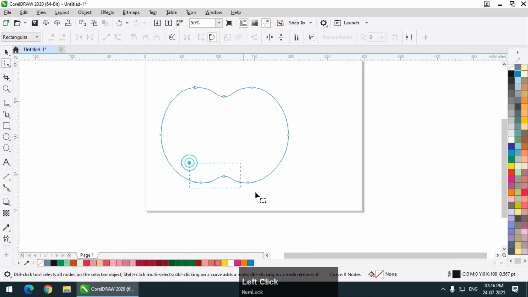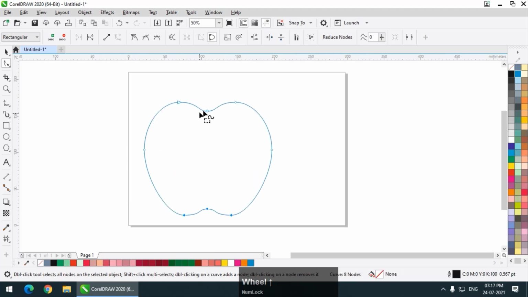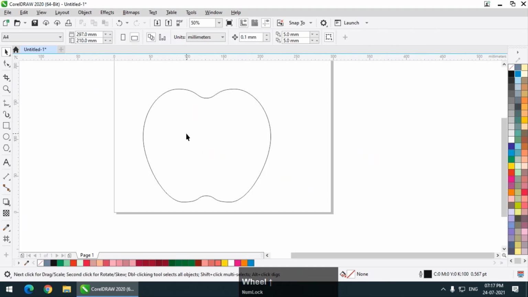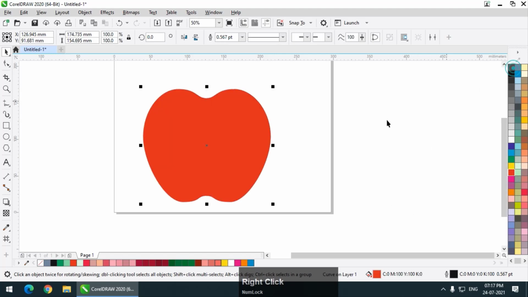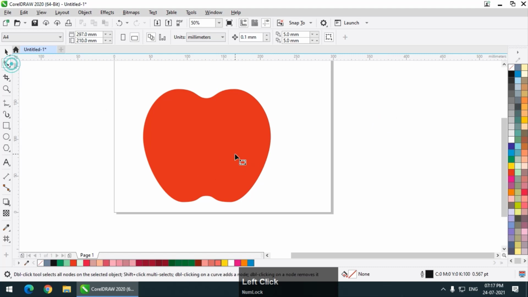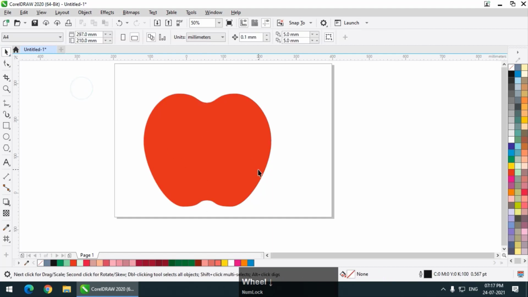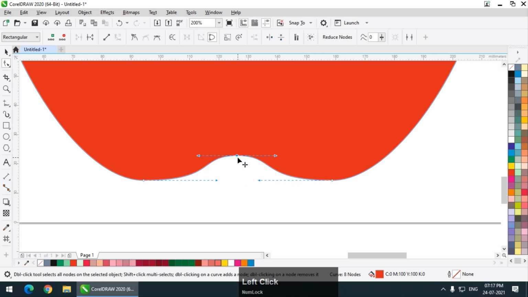Hopefully this will look like an apple, and I'm going to select these 3 points using the shape tool, pressing and holding the control key, and I will stretch this. So this is somewhat looking like an apple, hopefully. Let's say if you want to color this, I color this with red color. This is basically a 2D object, nothing special in it. I will smoothen this object a little bit, looks pretty good actually. Or maybe I will bring this down a little bit more.